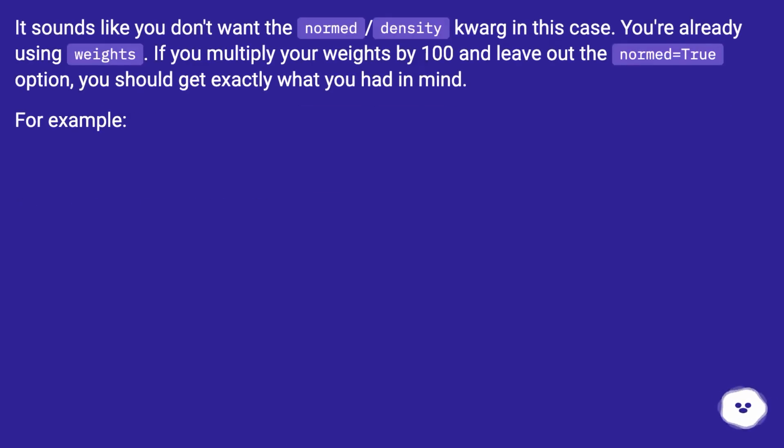It sounds like you don't want the normed/density kwarg in this case. You're already using weights. If you multiply your weights by 100 and leave out the normed=True option, you should get exactly what you had in mind. For example,